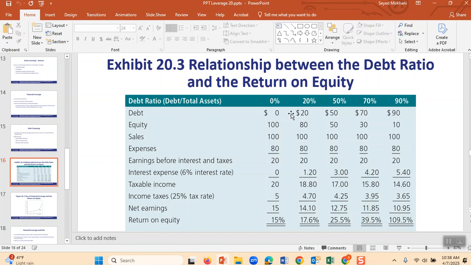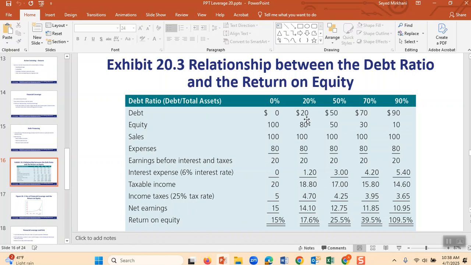Zero debt means that you are not borrowing, you are using your own money. Think about it, you are the only owner. You can get zero debt and your restaurant is 100,000. You don't borrow, you just use your 100,000 to buy a restaurant.